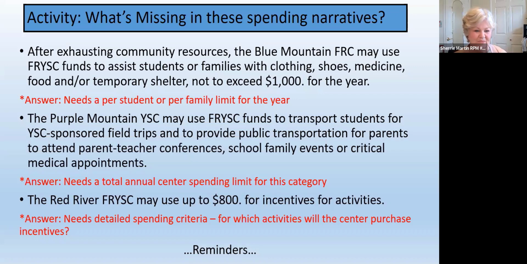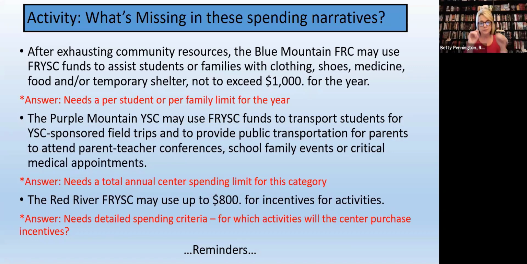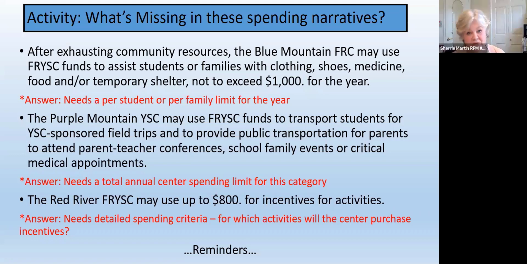Okay, and some reminders in terms of your bylaws. If I can find them, there we go. Reminders that you and your advisory council develop these together. And you will use your checklist to make sure you have everything you're supposed to have. And your advisory councils get reviewed by your regional program manager occasionally. So you do want to make sure you have everything in there that you need to have. And remember, it's for you. It's for your protection and backup.